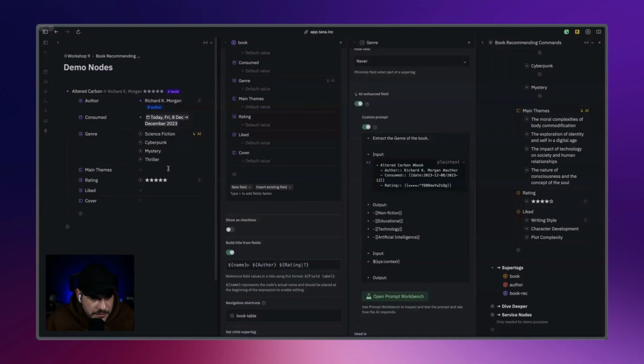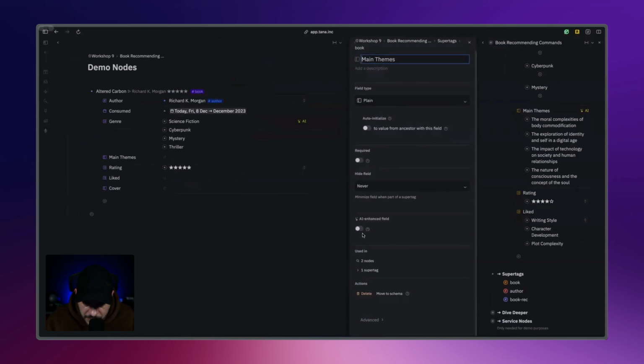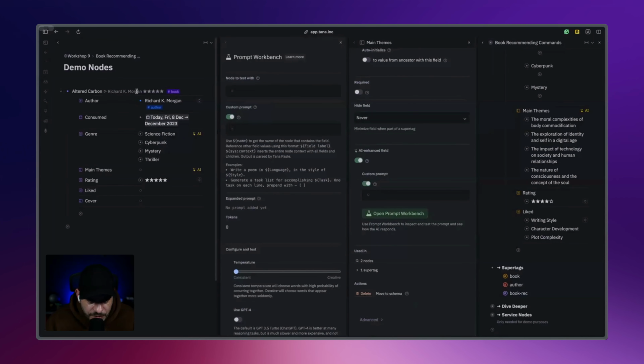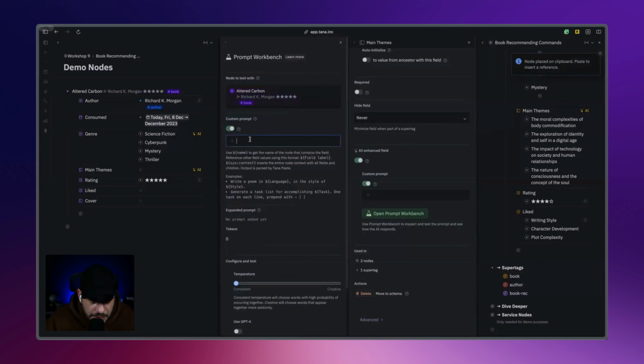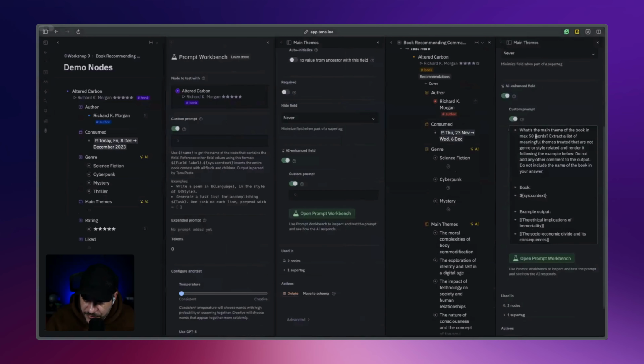And main themes, we are going to do the same. The data type is fine. An AI enhanced field, custom prompt, open prompt workbench, paste the node here so I can have a node to test with. And we can go ahead with our prompt, which is going to be,